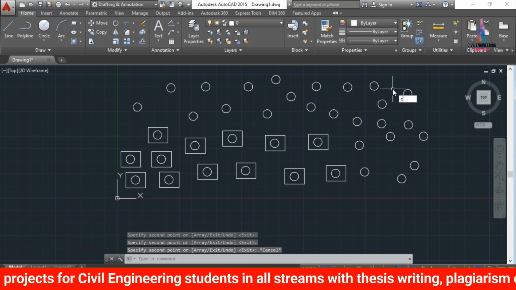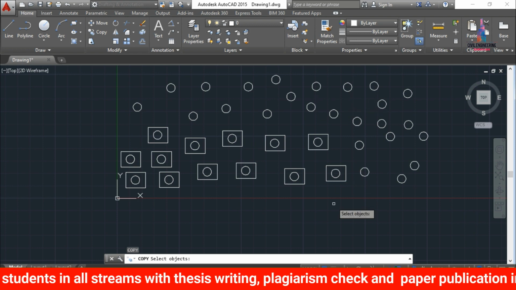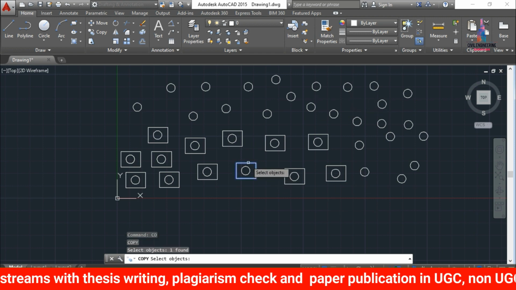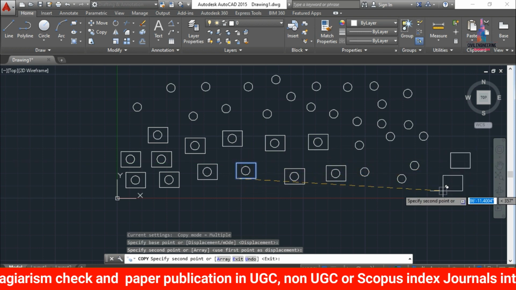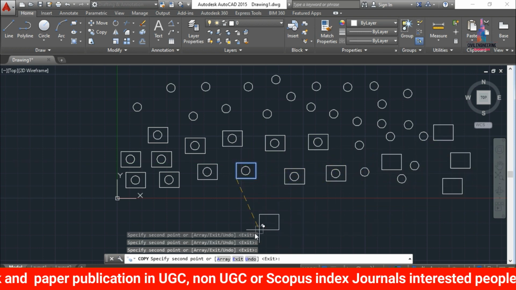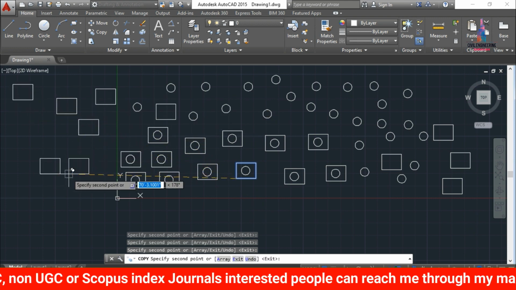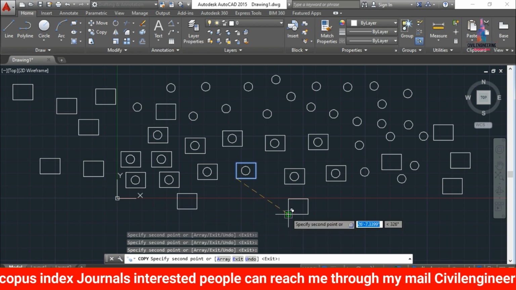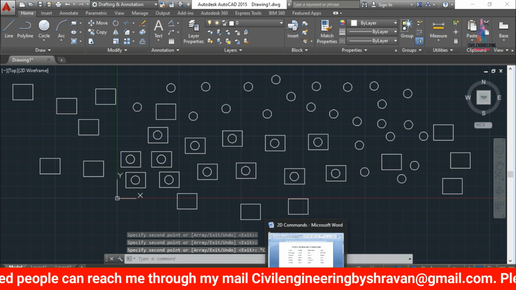We select the copy command, CO, enter, select any object that you need to copy. I am selecting this rectangle, click on enter, select the base point. Like this, you can create any number of objects for your AutoCAD 2D floor plan. This is the process of the copy command.